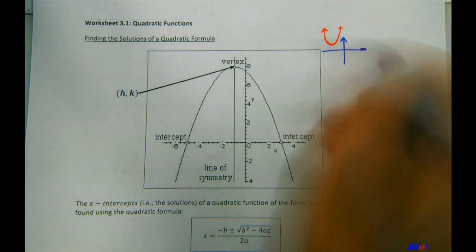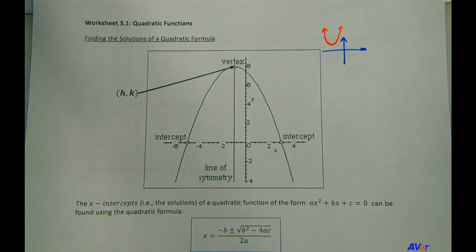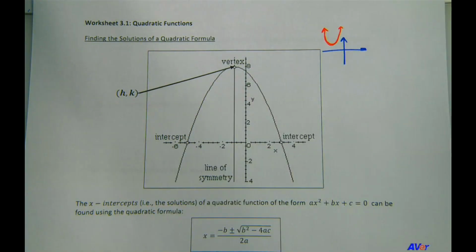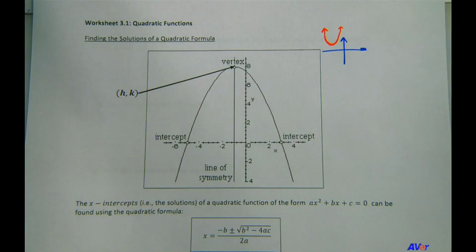Of course, there are horizontal versions of this too, and we will look at those horizontal versions in the trigonometry course. If you ever have to take the Math 127 course, you will see the horizontal version of this in that course. But for the graph of a quadratic function, this is a typical look that we have, and it's a curve